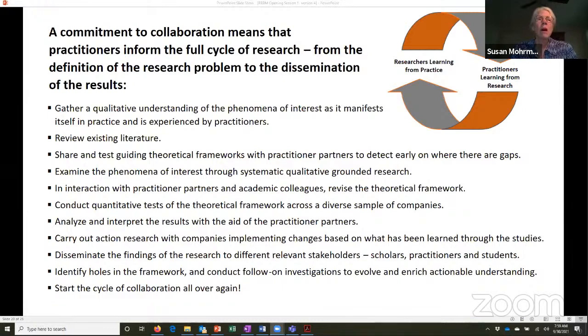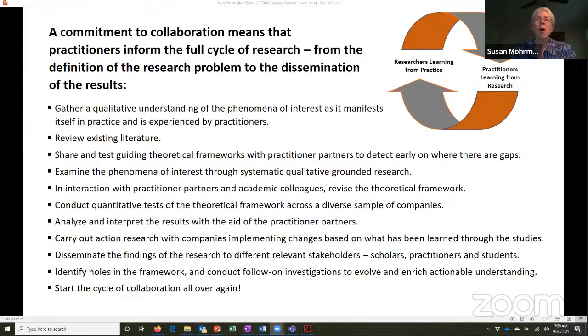And then we would find there were a couple of companies that really wanted to try new things, and we would shift to an action research mode and really look at what happened when they would make changes, based on what they learned through their studies. When they would implement a new way of helping people who were trying to work, let's say in teams cross-functionally, to learn enough about other functions to work effectively with them. That was one of the action research projects that came out of our team studies.